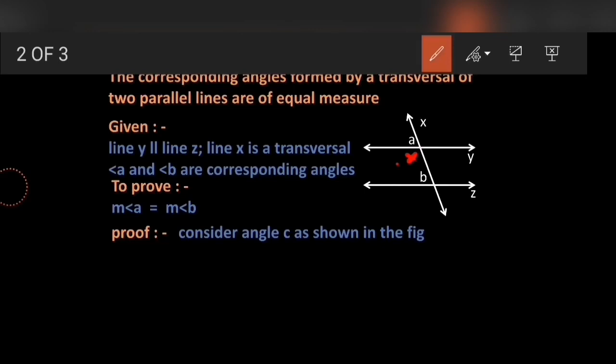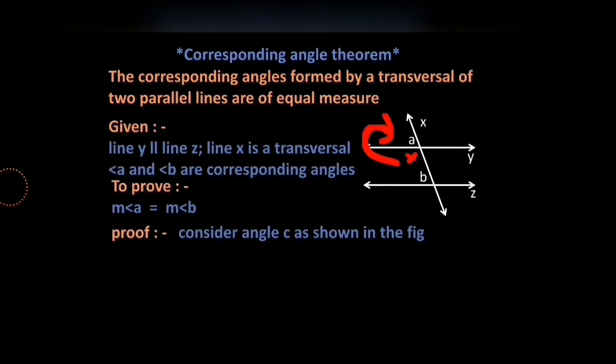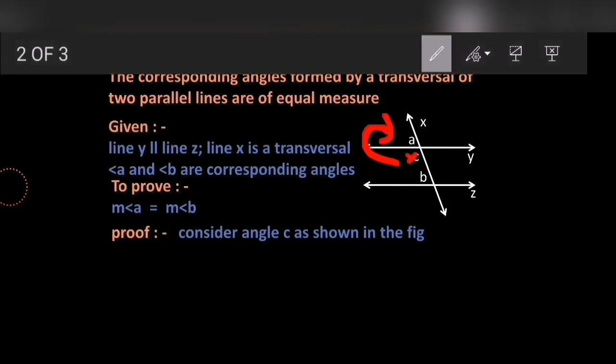Let that angle be C, and that C will be nothing but the linear pair with angle A. So C has a relationship with both B and A, and that is what we needed. The C will act as a bridge, filling the gap between A and B to prove. So let's move on; while proving it, you will get a clearer idea about it. What we have over here presently, angle C we have to consider as shown in the diagram. Angle C is taken. Here you are able to see now, I guess.